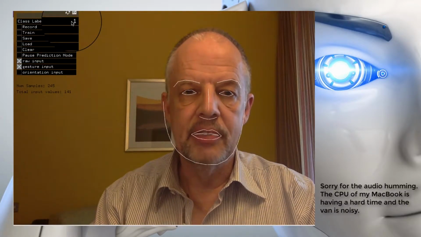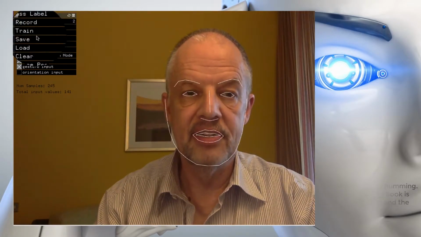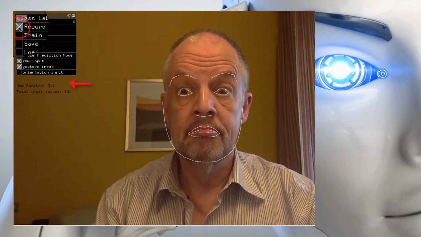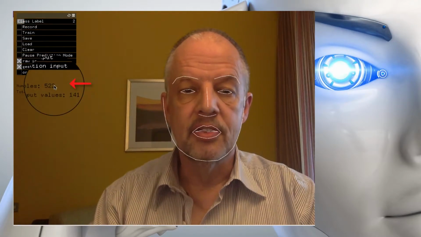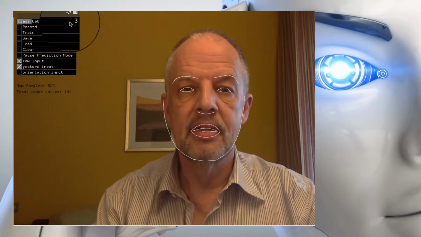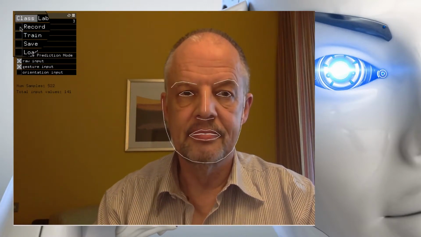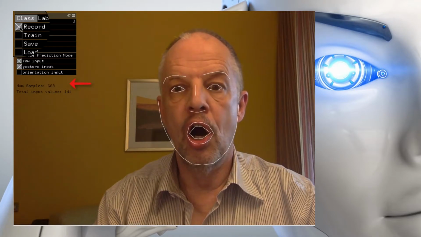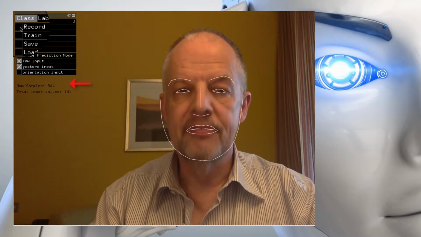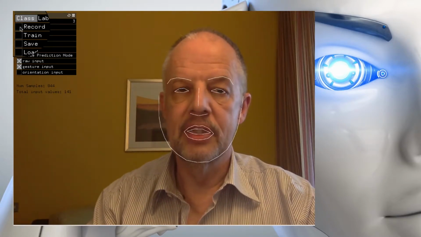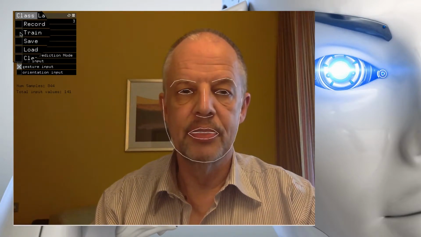I change to category 2 and I want to record a surprise face. Stop the recording, and last category number 3, let's record a big O. Okay, now we have a set of examples recorded for each category, and I switch to the training mode and want to check how the prediction is working.